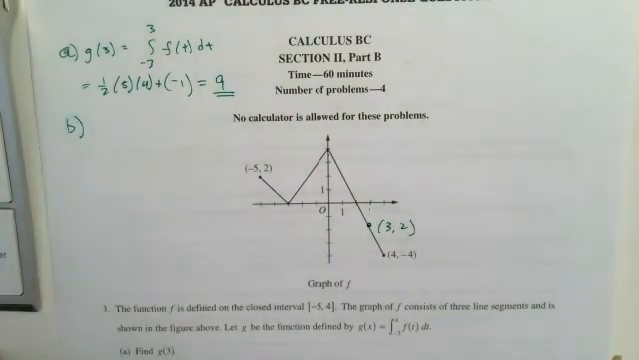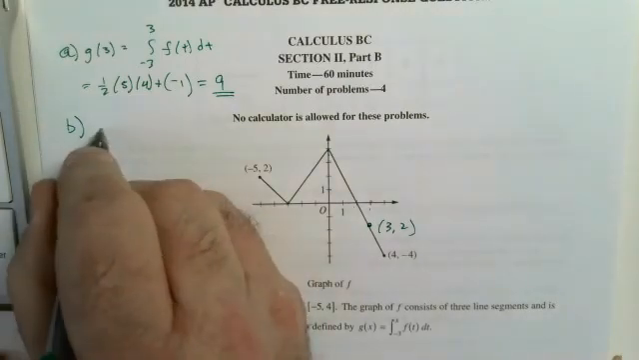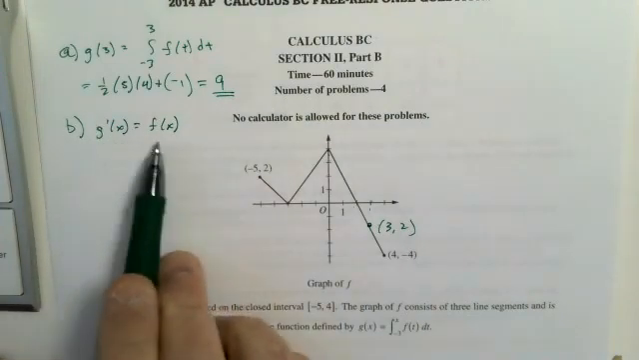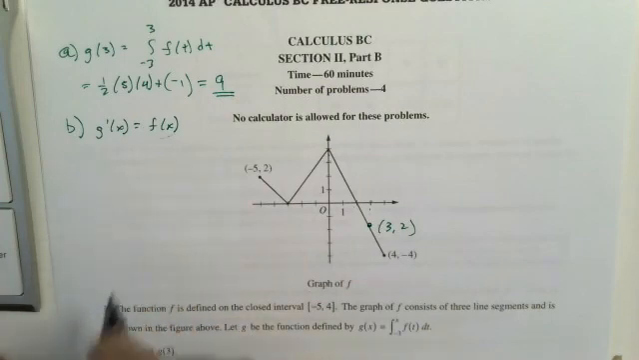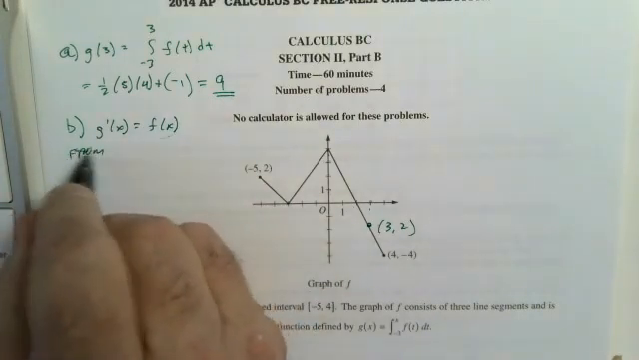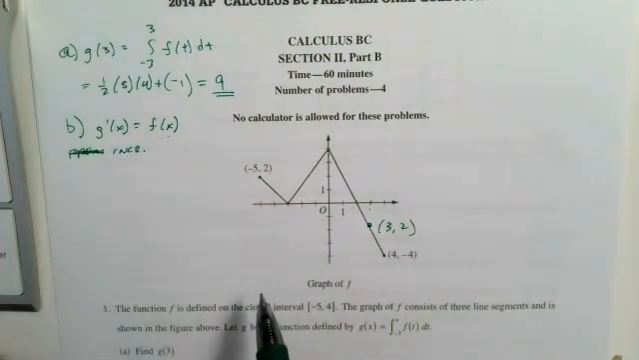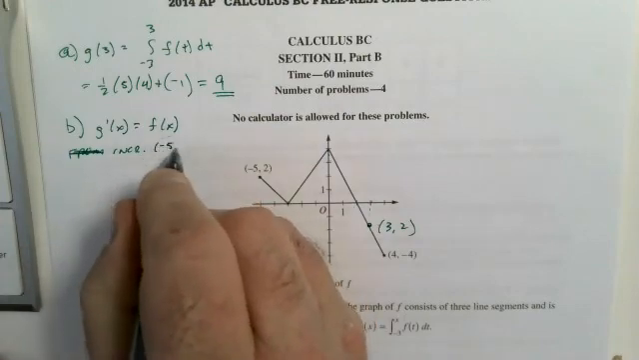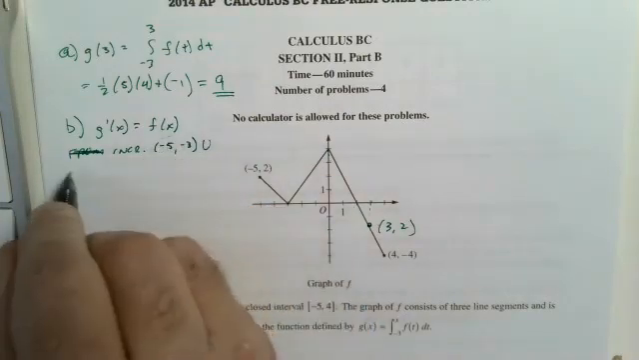B. At open intervals, graph both increasing and concave down. A graph of G. G is the integral of this. So to find where it's increasing, I take the derivative. Derivative of G of x, G prime of x equals f of x. So I want to know, find where this is positive. So that's increasing from -5 to -3, union -3,